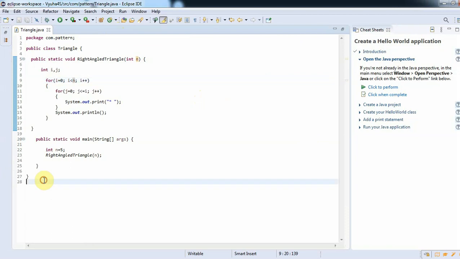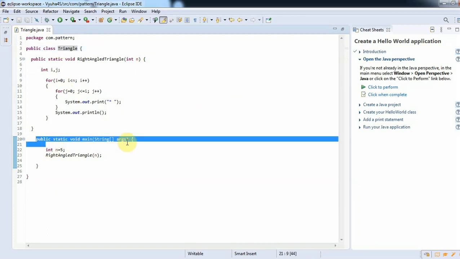Let me maximize it. Here you can observe I have written a class named Triangle. Basically, this is package com.pattern, class name Triangle, and public static void main.